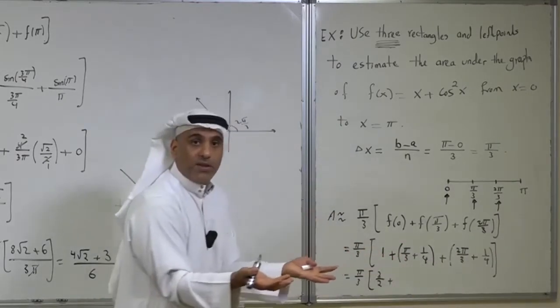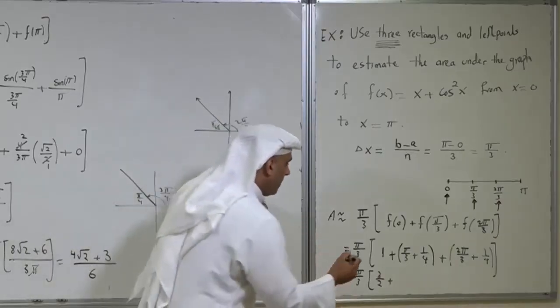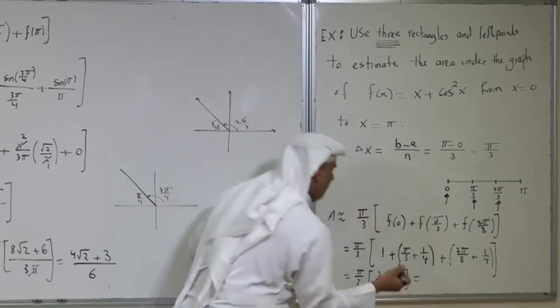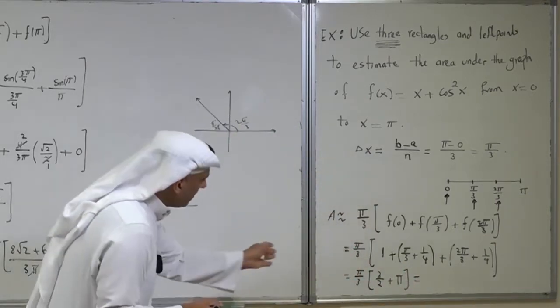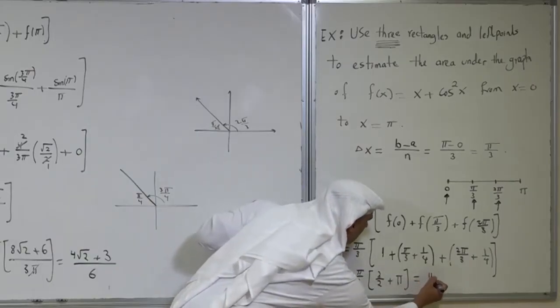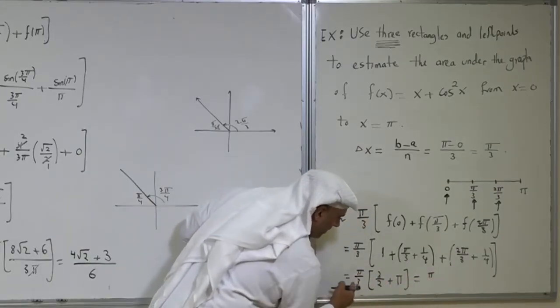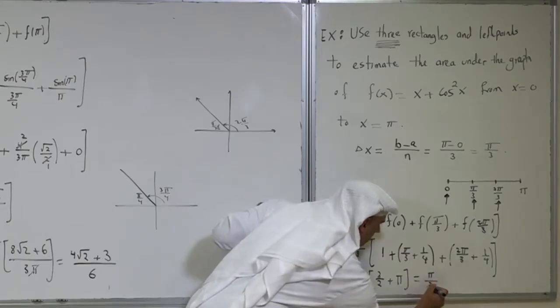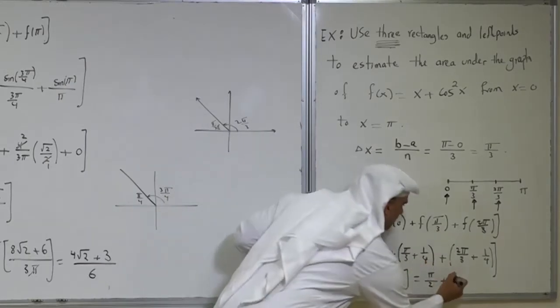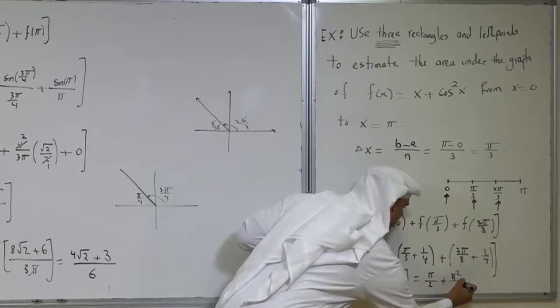That is 3 pi over 3, which is actually equal to pi. So this is the answer. You can also write it in another form if you like. You can multiply by pi over 3. So this will be pi. You can see now the 3 will cancel with the 3. So it is pi over 2 plus, if you multiply here, that will give you pi squared over